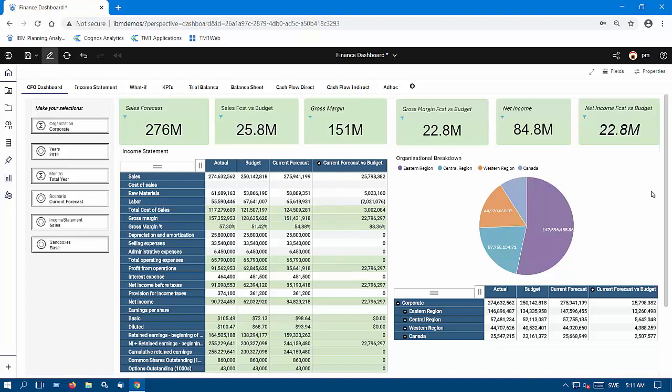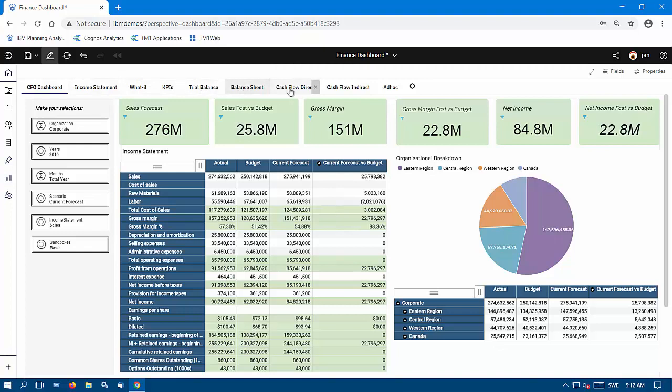units are performing. But before doing that, note that the workbook we are looking at contains a couple of different tabs to support you in the integrated financial planning process and ad hoc analysis. The starting page is a CFO dashboard which presents an overview of current forecast and reference data to the budget, but also to actuals. Following, we have the income statement and the trial